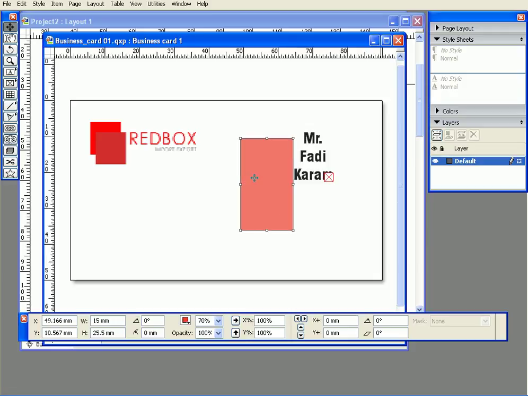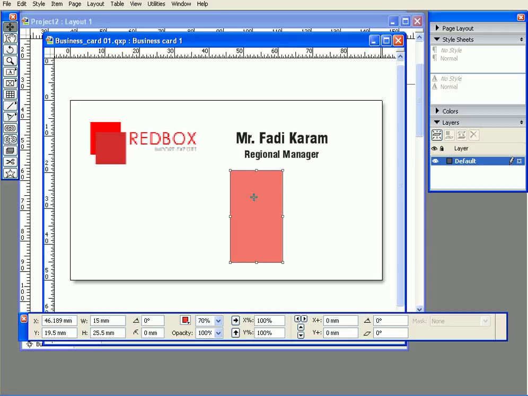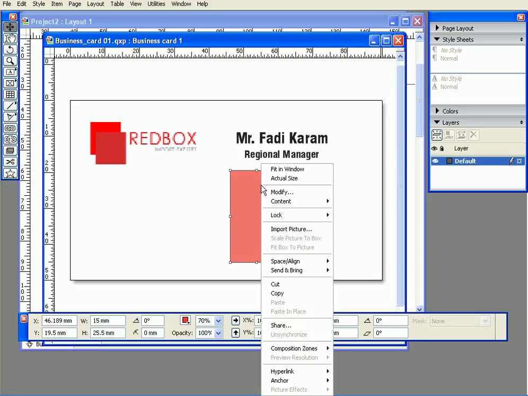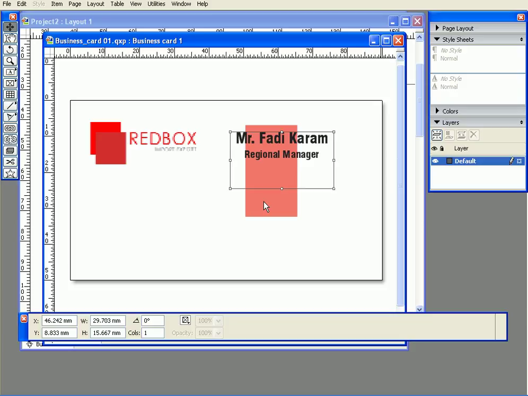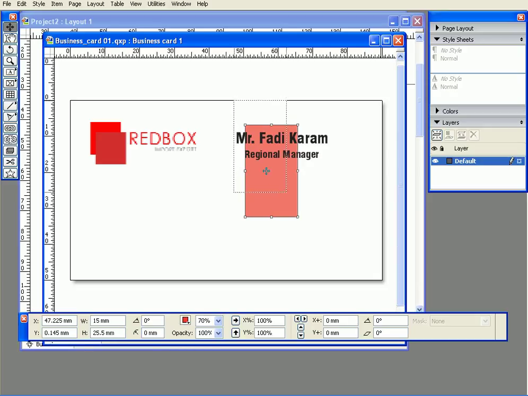So if I go like this now, I see that the rectangle is obstructing or modifying the text, because the rectangle is above the text. I want to put it below the text. So I right click, choose send and bring, and choose send to back. Now when I send it to the back, it doesn't affect the text, but by mistake I moved the text. So what I need to do is lock it, F6, so that I can't select it and I can't move it anymore. So now I can take the rectangle up and scale it